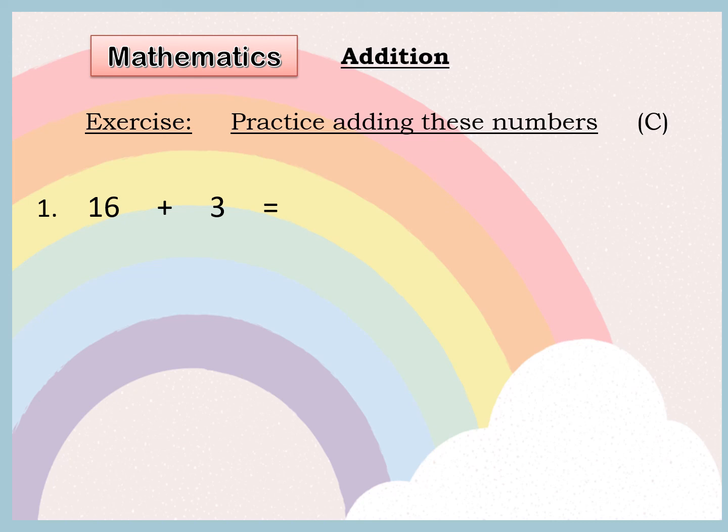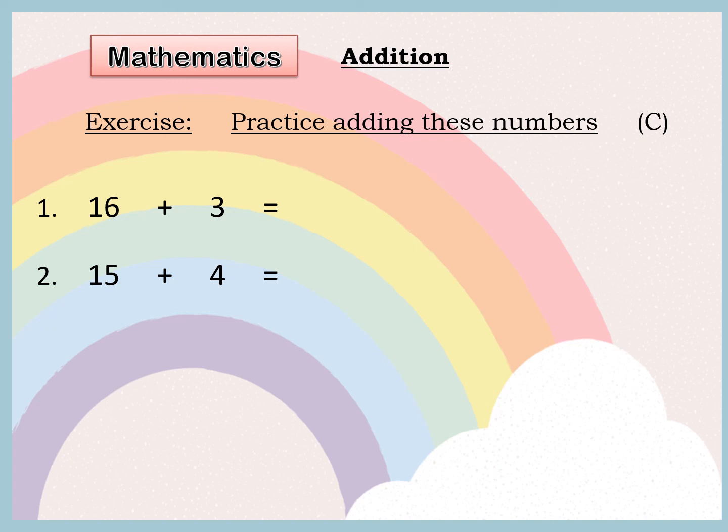And if you're having trouble adding these numbers, try to ask help from your parents again. So number 1 is 16 plus 3. Number 2 is 15 plus 4. Now don't forget again, if you're going to add numbers,